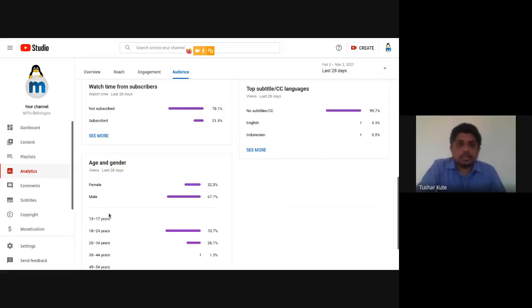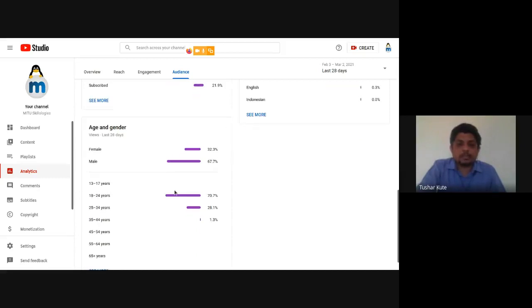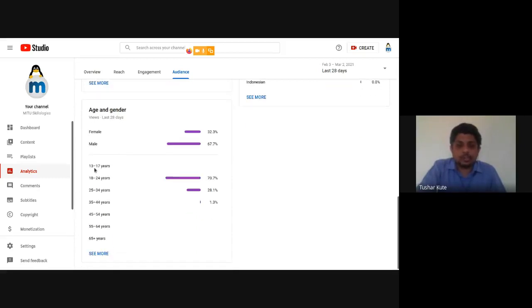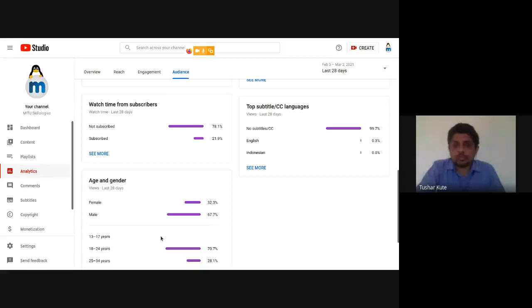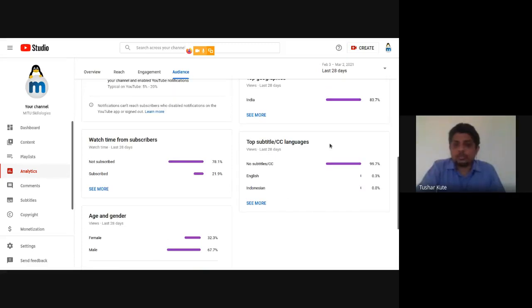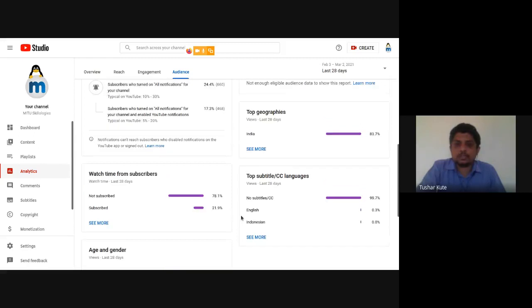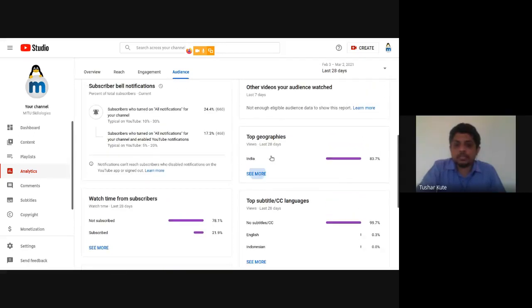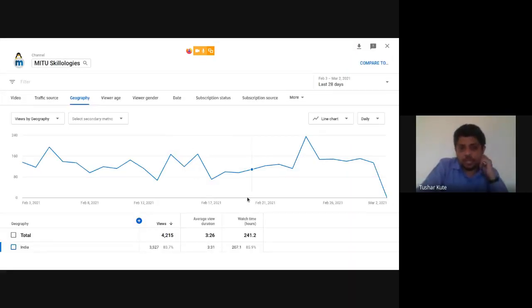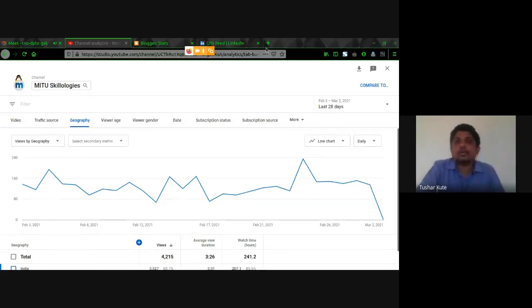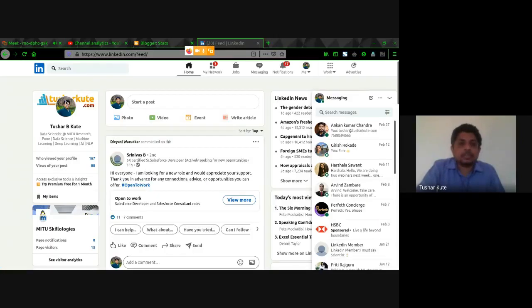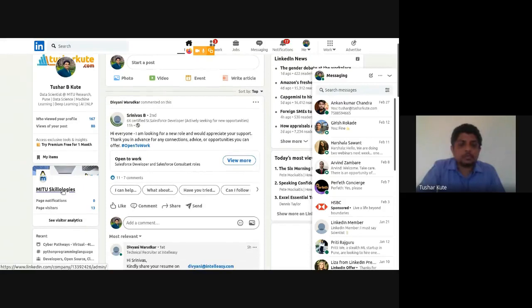Even by what they search, that also you can see, by gender, male and female. See this one, age groups also. Watching with no subtitles, with subtitles. See, demographics also. In which country we have the maximum number of viewers and users, you can see. So in India, the maximum users, 83% of users, that we have. So like all that, you can see. Here is my company's dashboard.